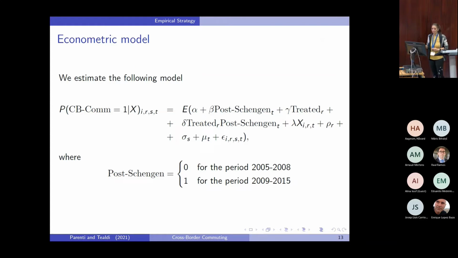Then we control for some individual characteristics, and we add a lot of fixed effects to put away all the possibility, I mean, to allow for regional fixed effects, year fixed effects, and sector fixed effects. So the post-Schengen, as I told you, is 0 for the period 2005-2008, and it's 1 for the period 2009-2015. Although it's a 0-1 dependent variable, we use the linear probability model in such a way that the coefficients can be directly